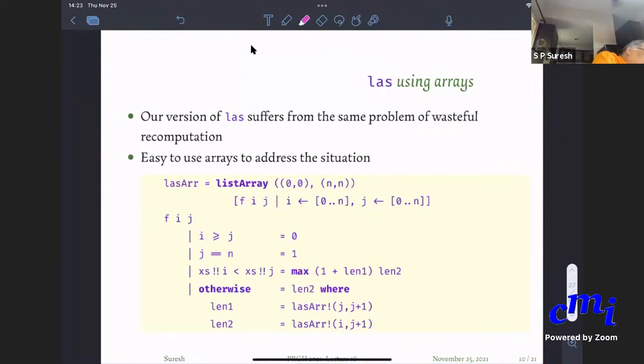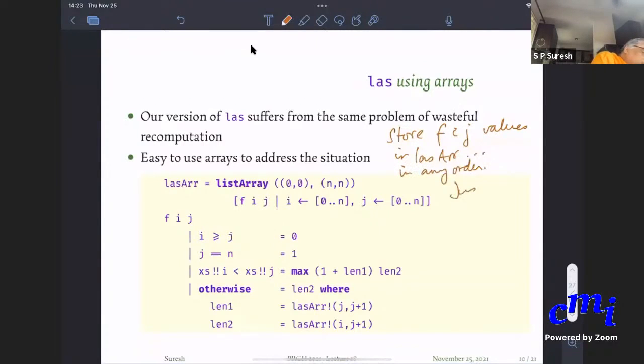Store fi values in the array, LAS array, as I call it, in any order.